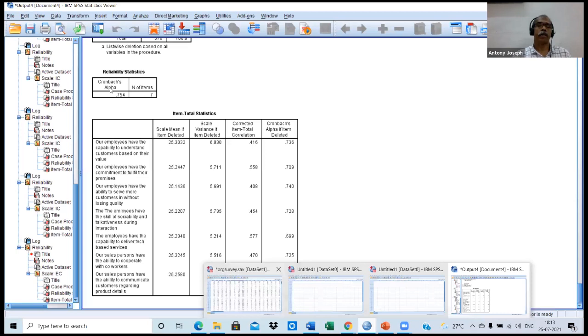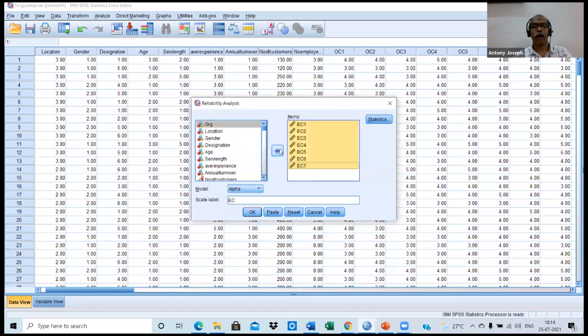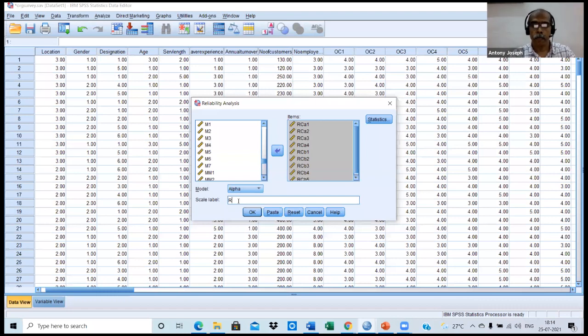Analyze, reliability. Another one. That is, I put it as RCB.